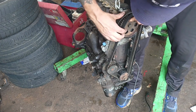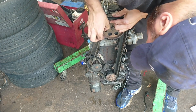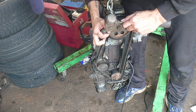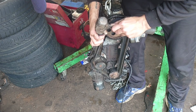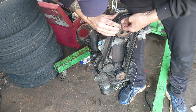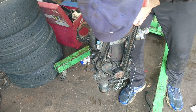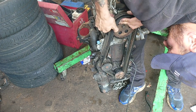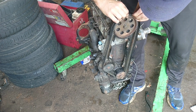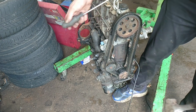So I'm just putting the belt on it now. And I think we still need a wee bit. And you just adjust the tension off the water pump like that before you tighten the screws in on it. Yes, so that's us on there, and then just to tension it back out again, we just...